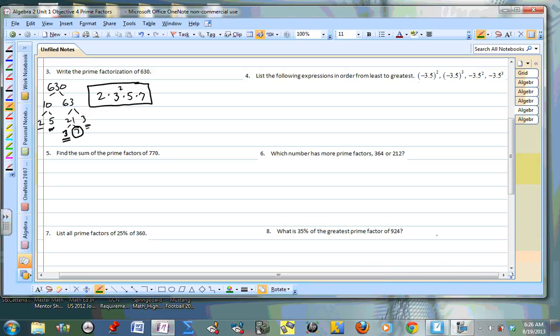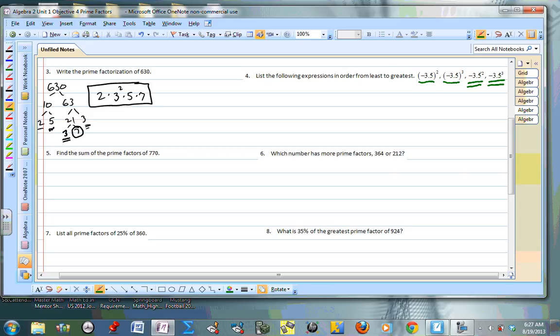And problem number 4, we're asked to list some numbers in order from least to greatest. Notice we have 3.5 as a base and negative 3.5 as a base. We have some powers of 2 and some powers of 3. If you notice, the first two values have a base of negative 3.5, and the last two values have a base of 3.5, and after we raise that base to a power, we're going to multiply the result by negative